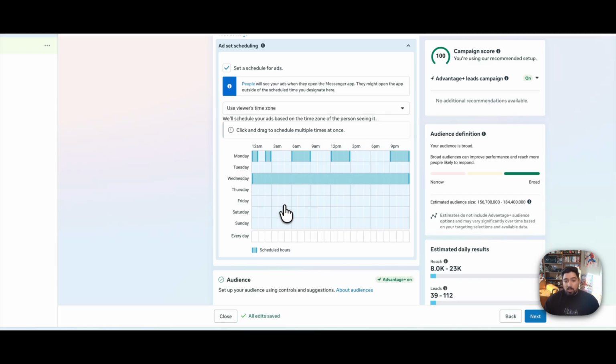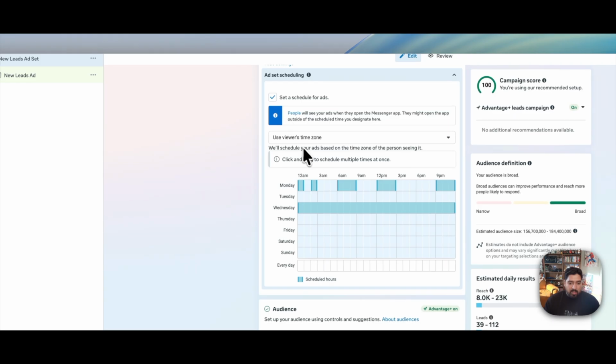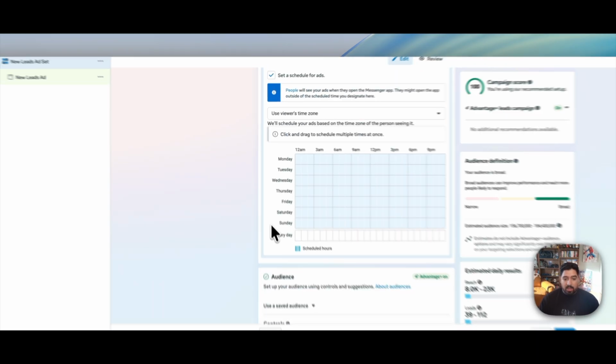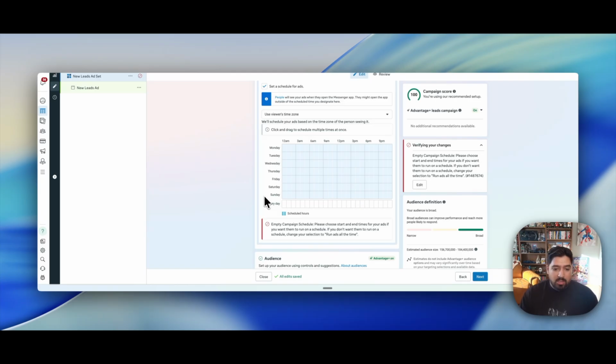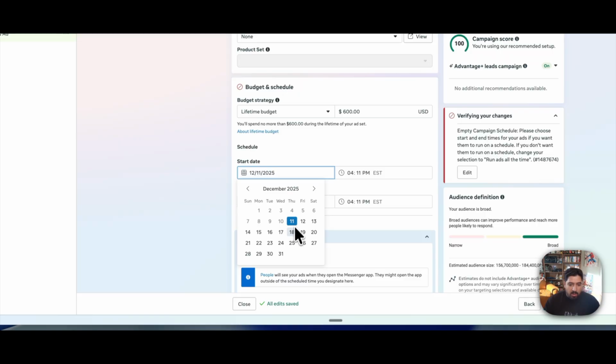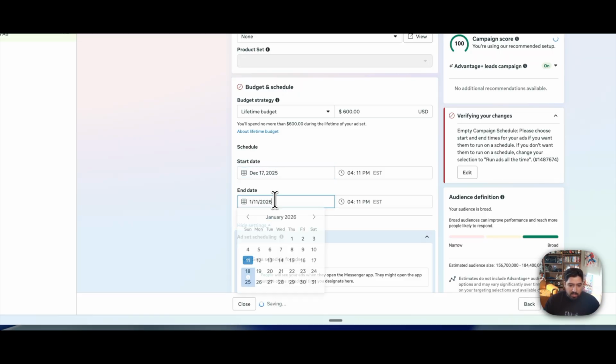But this is really cool also if you have an event. Let's say you do have an event coming up and you really want to promote heavily during the day before more than anything else. You'll set up a lifetime budget, and let's say the event was on the 18th of December. You basically start the ads on the 17th, have them end on the 18th of December,